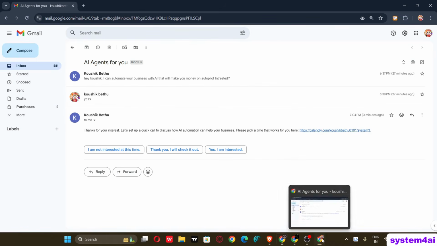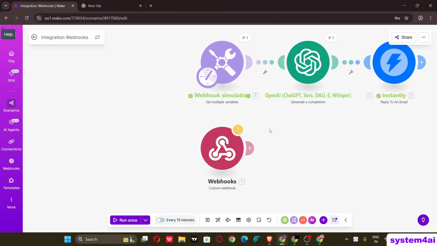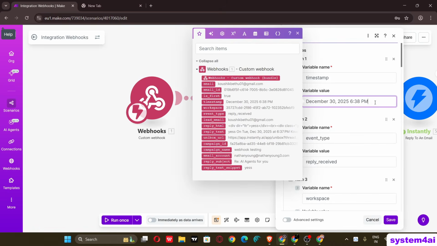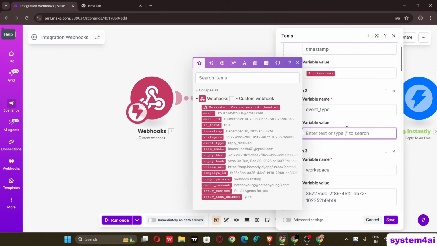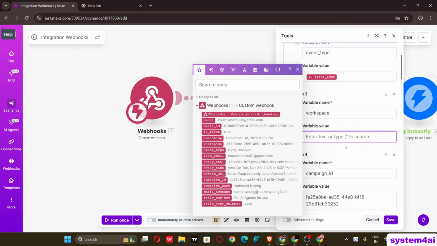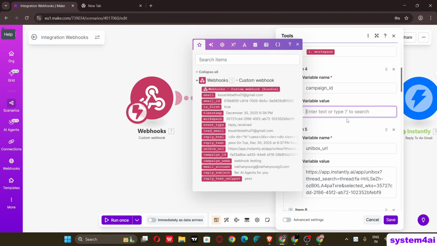So you can use this AI agent for yourself. Just for testing purposes, I used this webhook simulation. Now I'm going to keep this back to the webhook. Now keep it over here, attach this, and let me replace all the variables. So for the timestamp, it's going to be, wait, where's the timestamp? Yeah, it's going to be this event type, this workspace, this campaign ID,